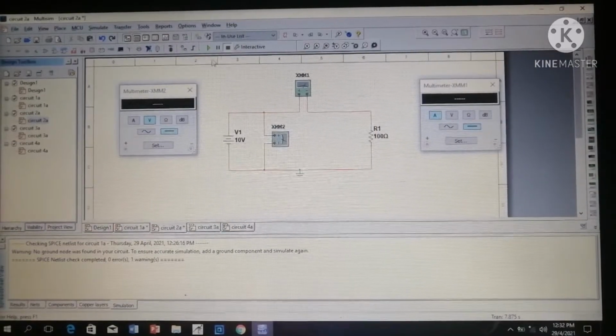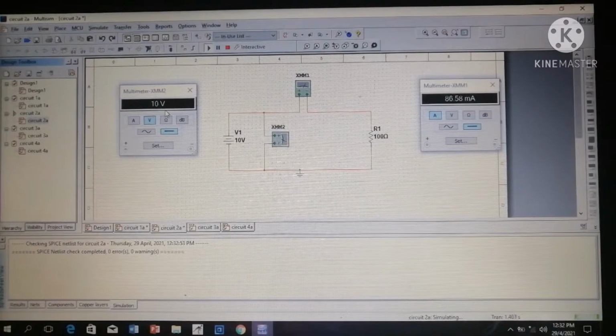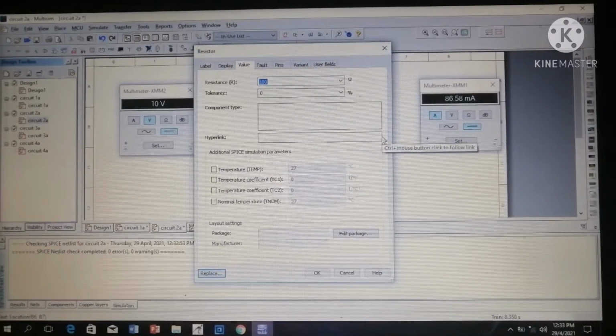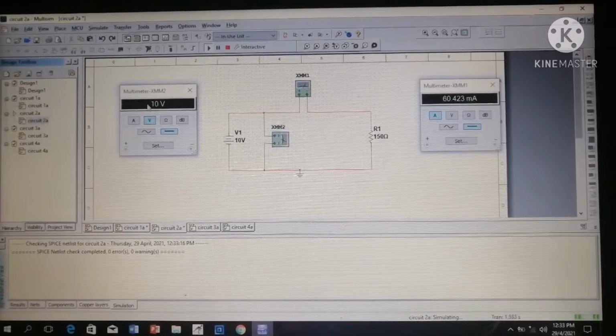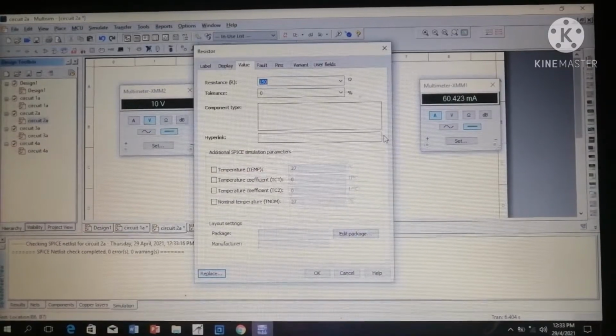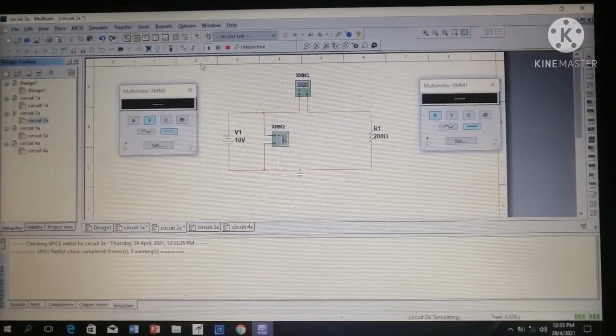Alright, so after that you just run the simulation and then you will get the result. For the voltage is 10 volt, and then for the current you get 86.58 milliampere. Stop the simulation and then you change the resistor to 150. Run the simulation back, and then you will get 10 volt for the voltage and then 60.423 milliampere for the current. Stop the simulation and then change to 200 ohm. Run the simulation and then you will get 10 volt for the voltage and then 46.404 milliampere